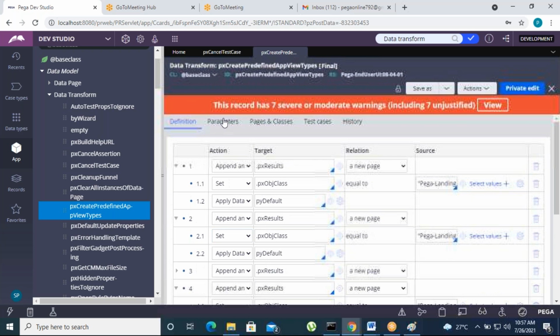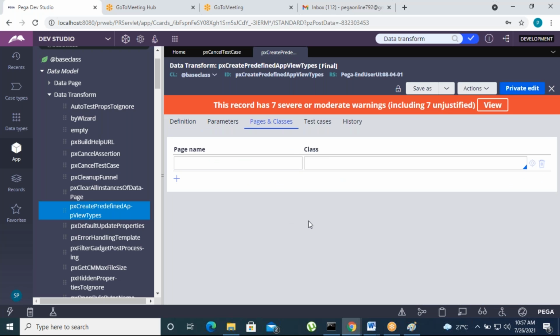Based on your business logic, you can define some actions here. There is a target and a source. What data are you going to transfer from one property to another property, one page to another page, or one page list to another page list? We can use the source from one page to another page. The target is a page, page list or property. There are pages and classes, same as in activities, where we define the classes and pages.